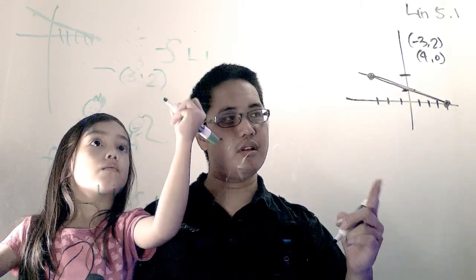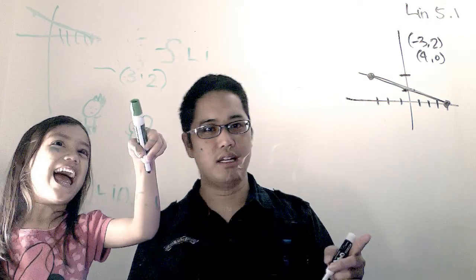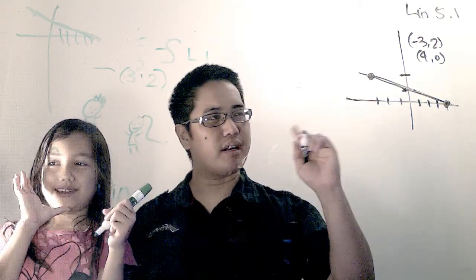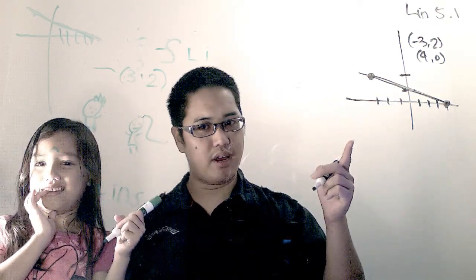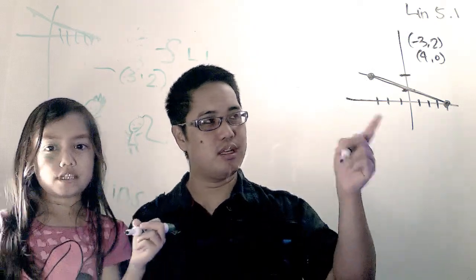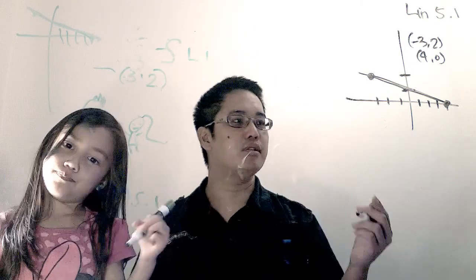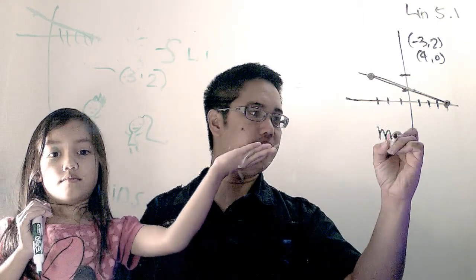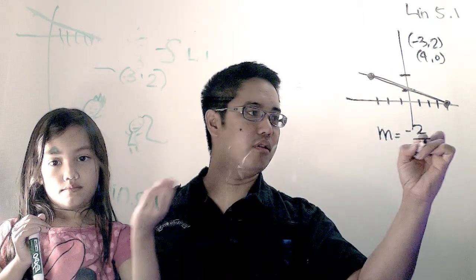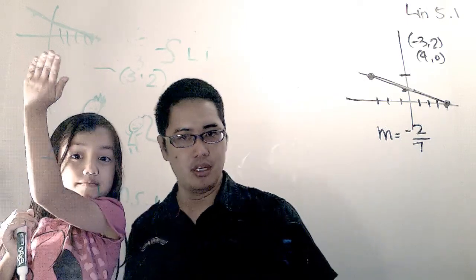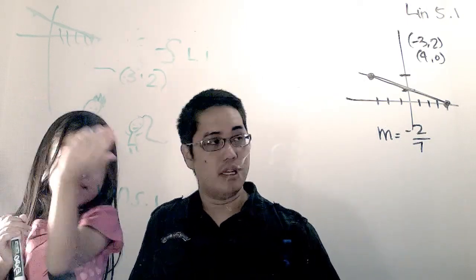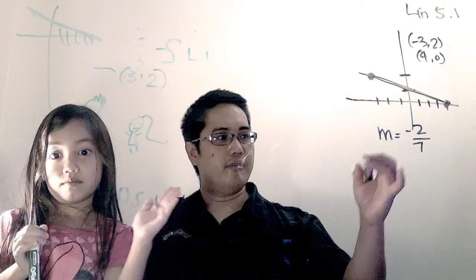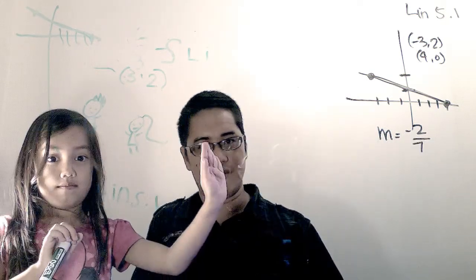It's a number smaller than 2, and I'm actually kind of assuming it's smaller than 1. In fact, just by looking at this graph, I would say that it's closer to 1 than it is to 2. Now, here's one way to figure it out. We've already figured out earlier that the slope, m, is equal to -2/7, right? So what we need to say is, if the slope is m equals -2/7,